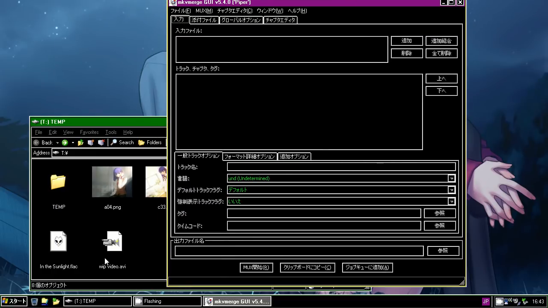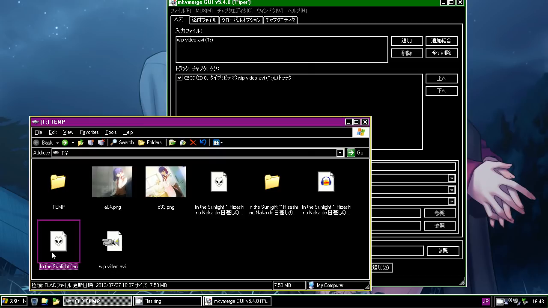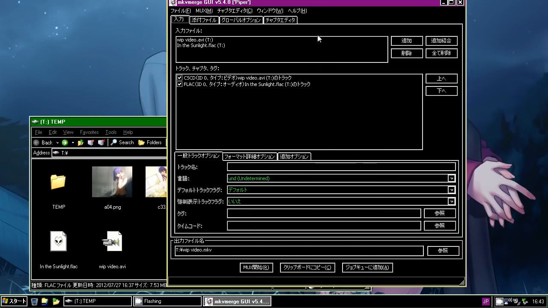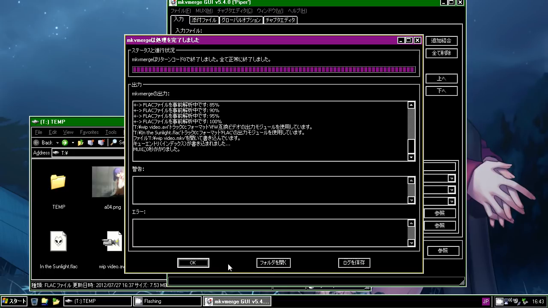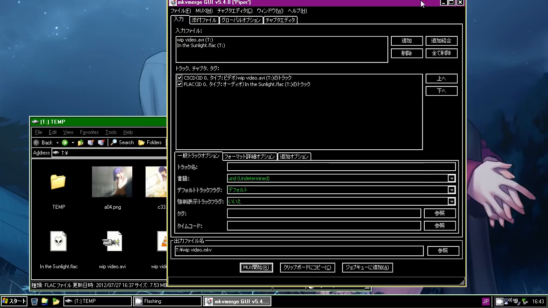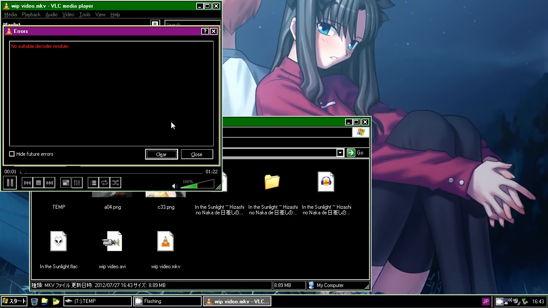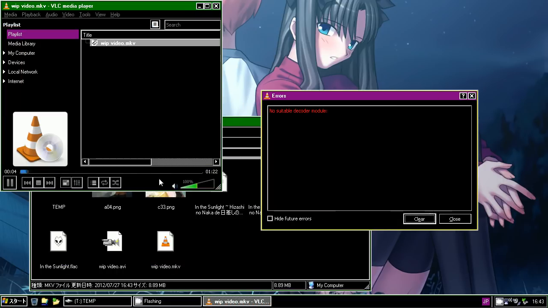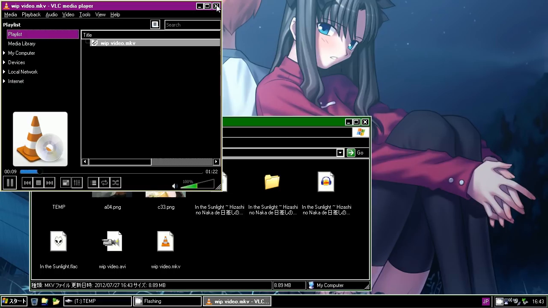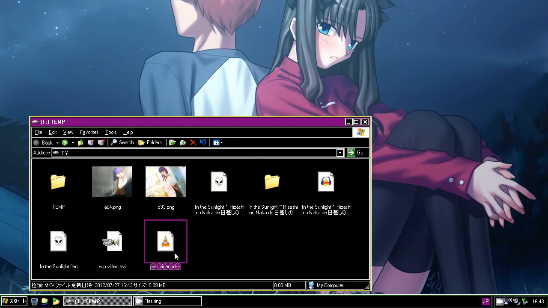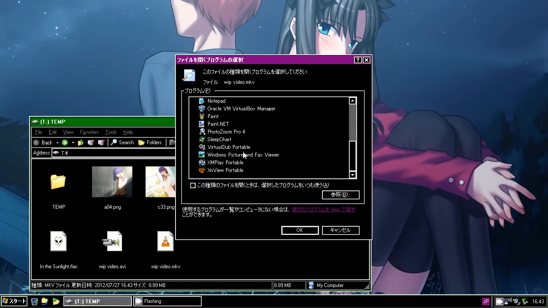And now I need to just throw my video in. Get my FLAC file. Throw that in. I'm just going to go to the RAM disk and mix them together. That's it. Okay. So now I can open this, test it, and for whatever reason, VLC doesn't like the Cam Studio lossless codec when it's in an MKV container. The weird thing is that it actually works fine when it's in an AVI.